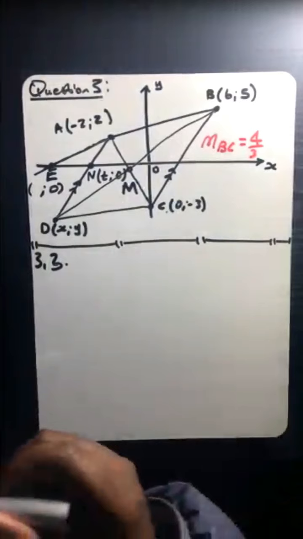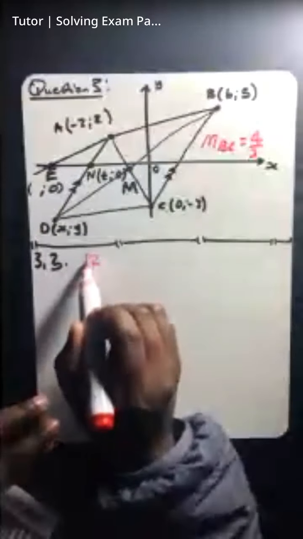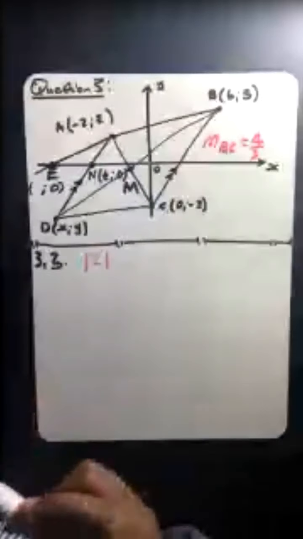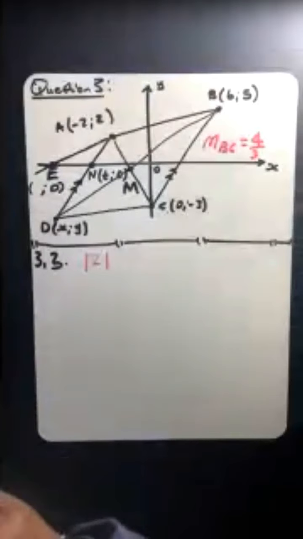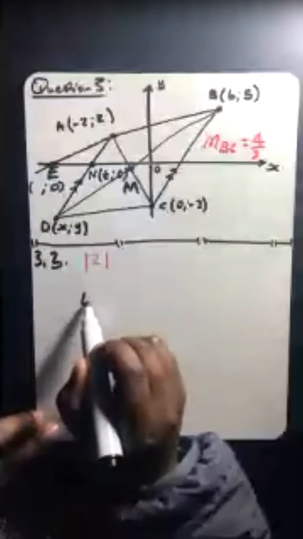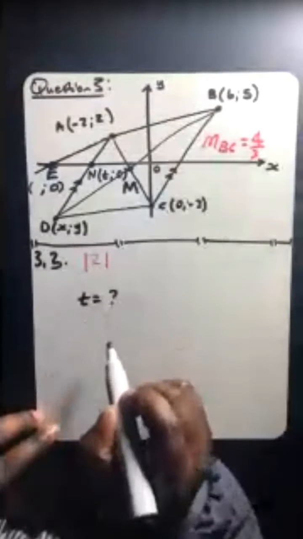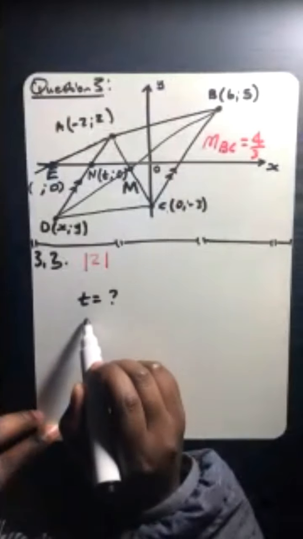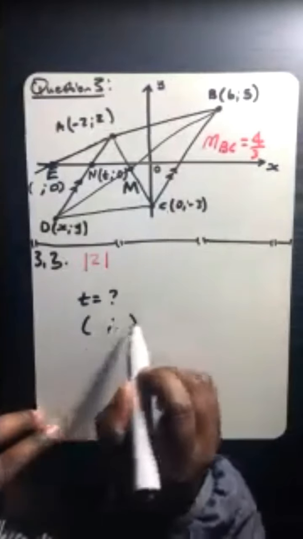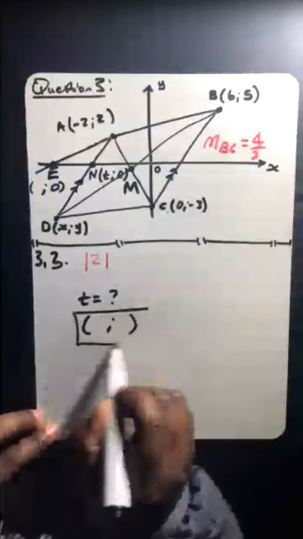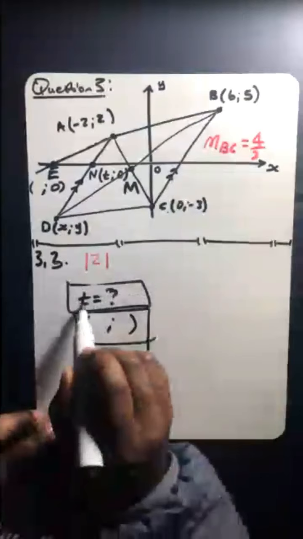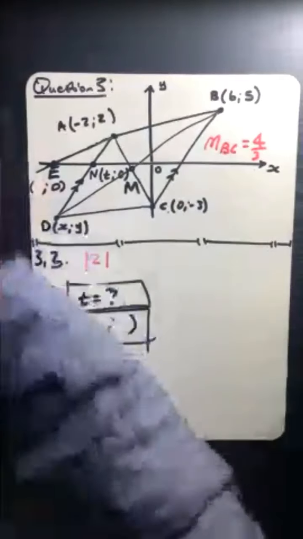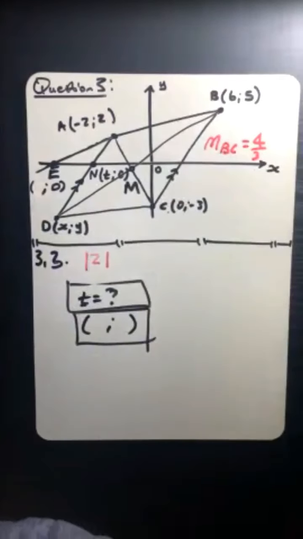Guys, is there someone who wants to guess or give it a try in terms of how we can find the coordinates or the value of t? The question actually says the value, so in the end you must say t is equal to whatever, and you don't need to say t being whatever. This is what we call the coordinates, and this is going to be the value of t. So guys, anyone who wants to give it a try,